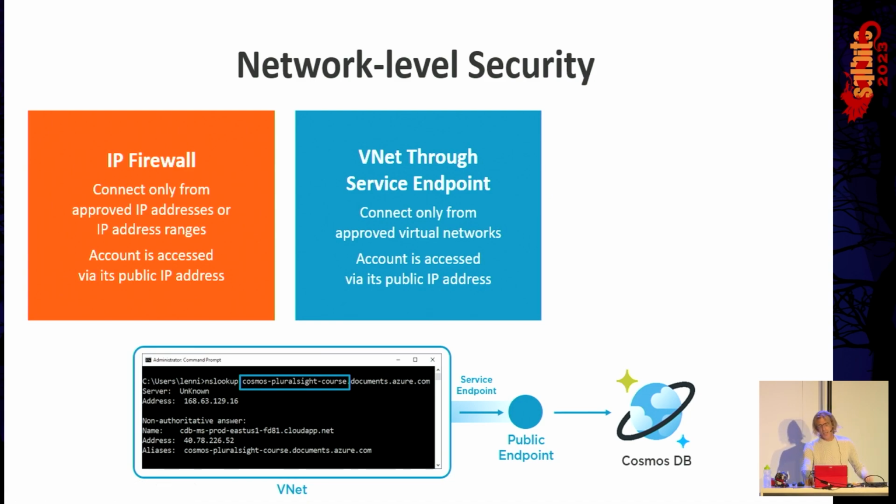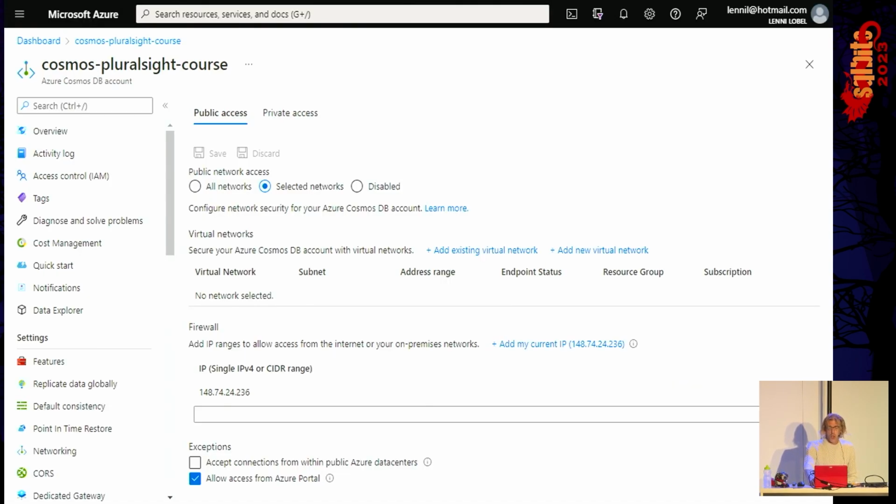Yes, it's true that only clients inside the VNet can access your Cosmos DB account, but then those clients can exfiltrate, as the word is used, export, if you will, the data outside to the public internet, right? Because the VNet resources themselves are exposed to the public internet, accessing Cosmos DB via its public IP address, and so therefore, if that's a concern, and it's not always, but it could be if you want to really lock things